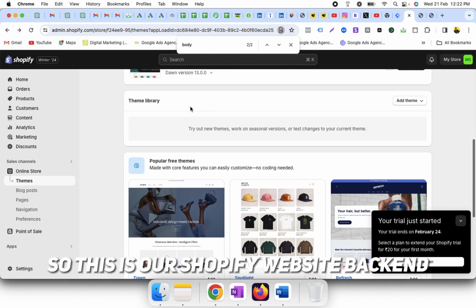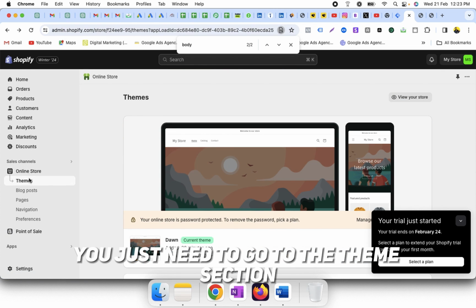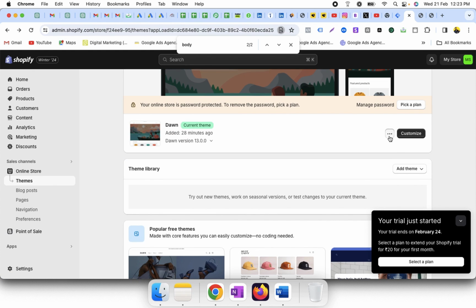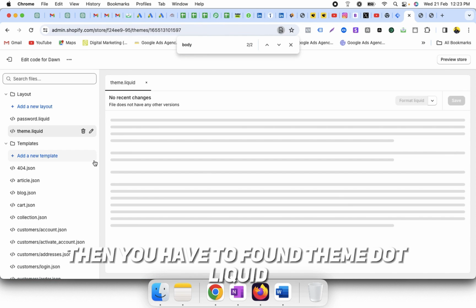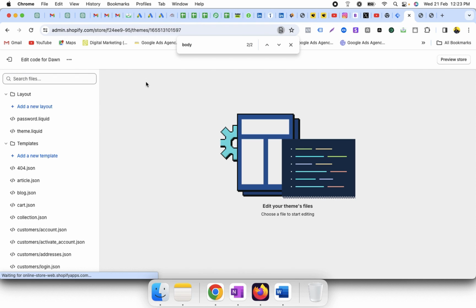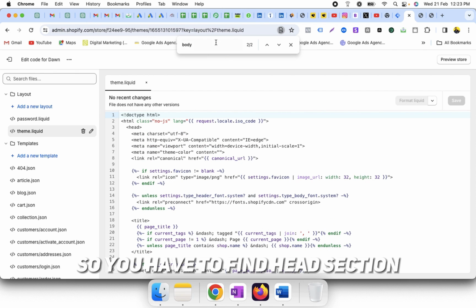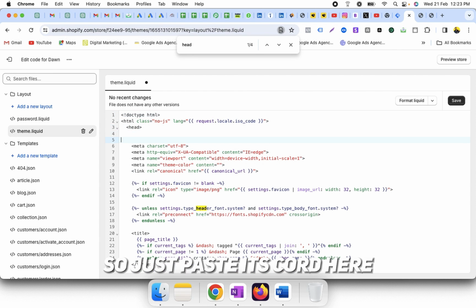So this is our Shopify website backend. You just need to go to the theme section and click on edit code. Then you have to find theme.liquid. Just click on that. So you have to find the head section. So just paste this code here,